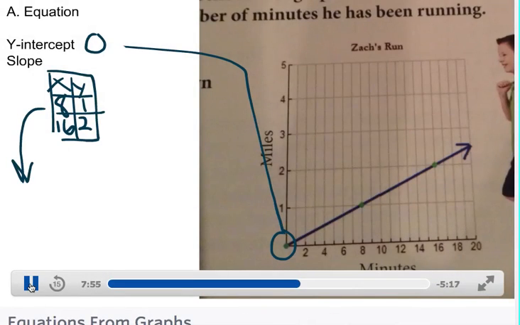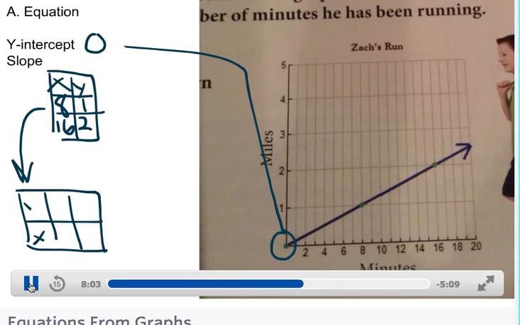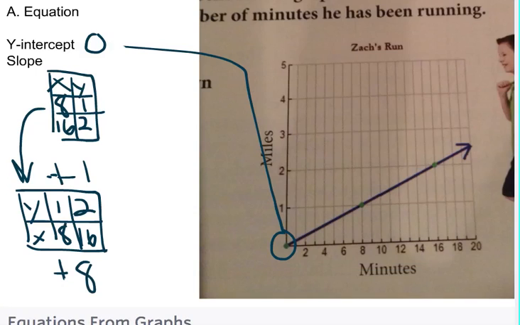Okay, we're going to tip this on its side. The 8 and 1 just get tipped over, the 16 and the 2 get tipped over. And we just need to find out how far it is from 1 to 2, that's plus 1. And from 8 to 16 is plus 8. So this has a slope of 1/8 with a y-intercept of 0. So our equation